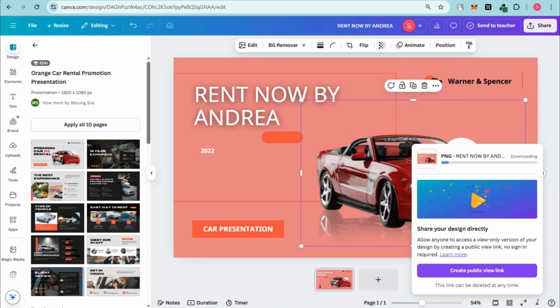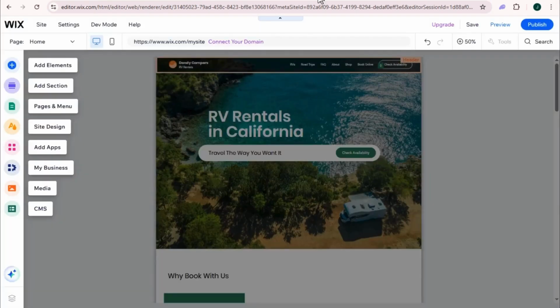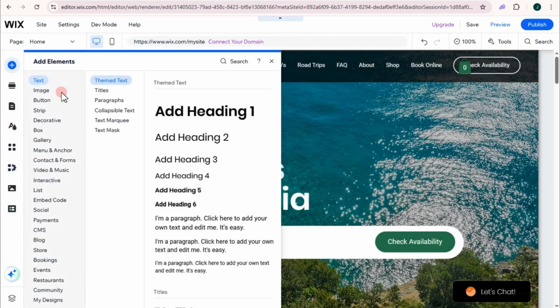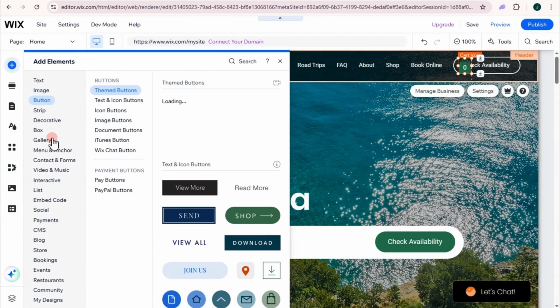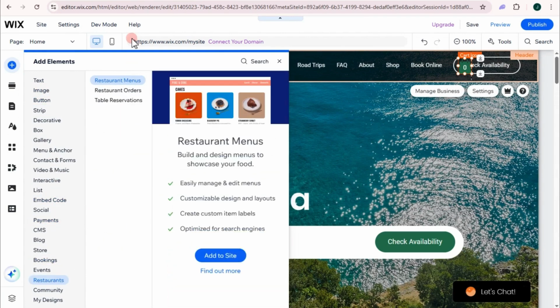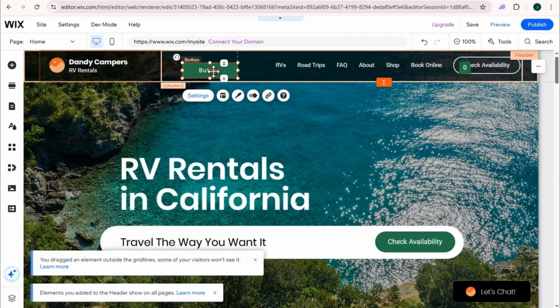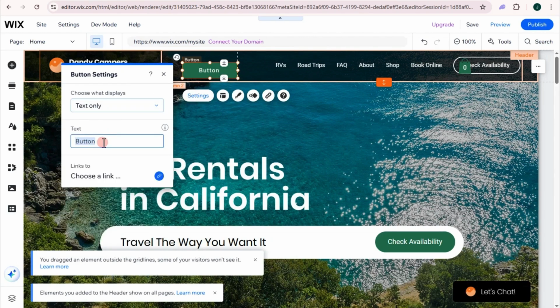Now go back to your Wix. And then as you can see, this is your Wix. It's adding checkout and orders and everything. You just have to wait for that. Okay, so here you can see this add elements. If you want to add text, image, buttons, strip, gallery, embed code, payments, blog, and so on to your template, you can just add. For example, if you want to add a button right here, and you're going to change this with call now,